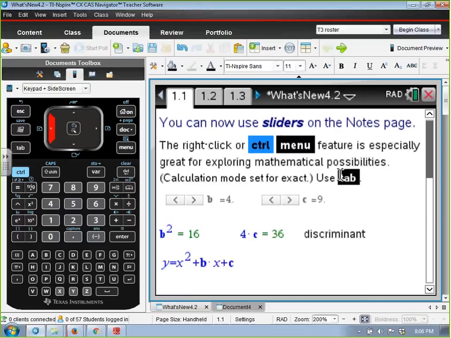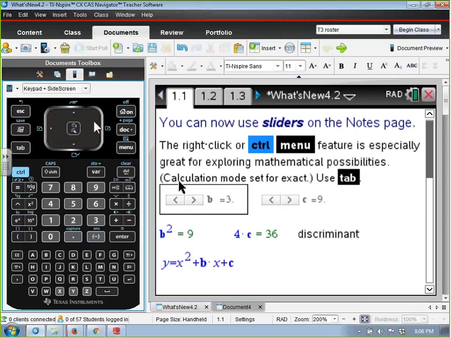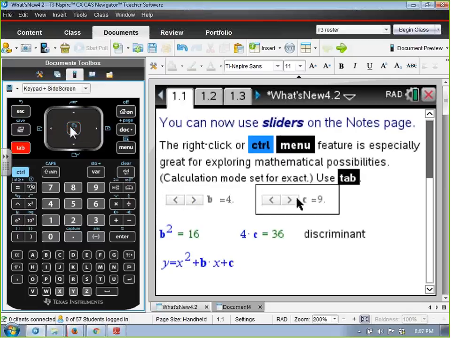So what's the use of sliders in a notes page? One example: you could just press tab, and then you could just use the arrows. You don't even have to move the mouse and aim and fire. If I press tab twice, as you can see by my little red marker right here, then now I'm ready to start changing that. And regarding the discriminant,